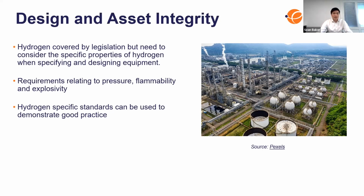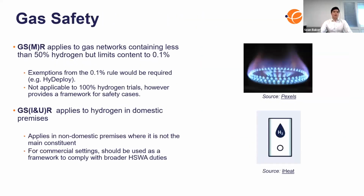And common to other legislation, specific standards are not identified as requirements in the legislation, but there are a number of hydrogen-specific standards for various aspects of design and asset integrity, which can be followed to demonstrate best practice. Next slide. With regards to gas safety,